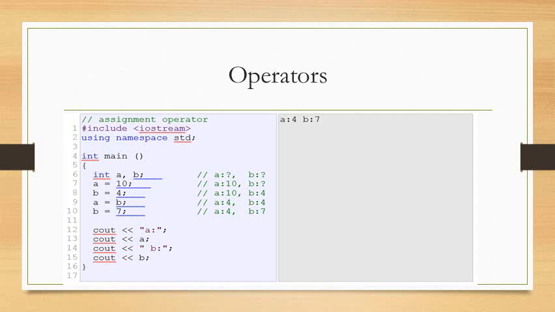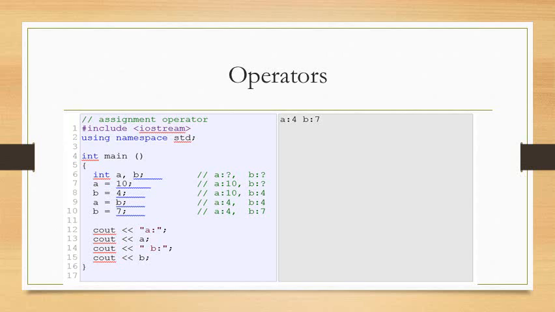You get it? Then lastly, b equal to 7. The value of 7 is assigned to the variable b. So now the value of a remains as it was before, 4, then b now is 7. Okay? So now you look at the output, cout a, colon, inside